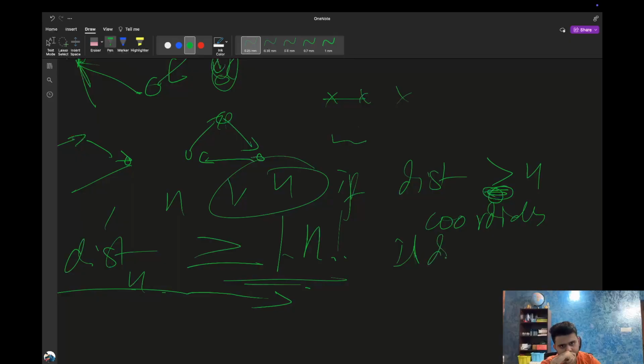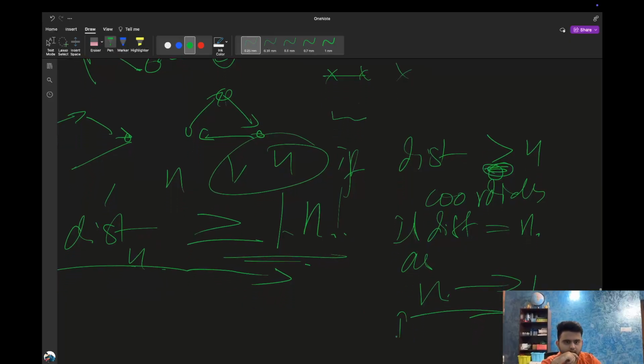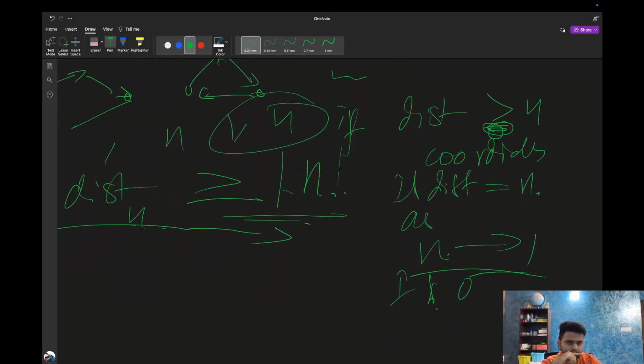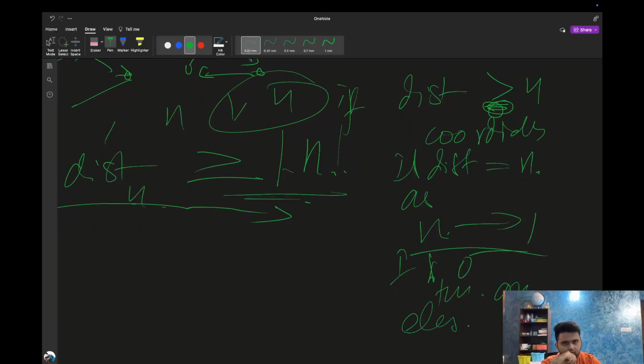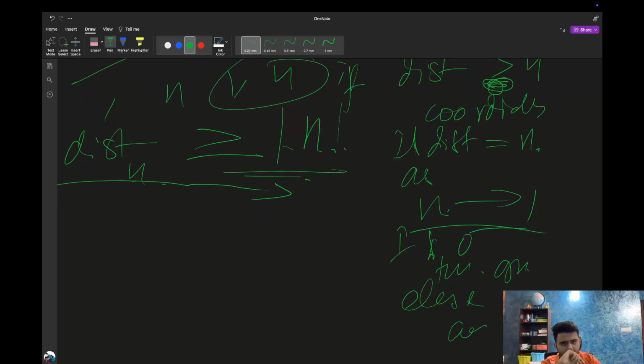If distance is equal to n, ask n to 1. If 0, then graph, else coordinate. If not equal,